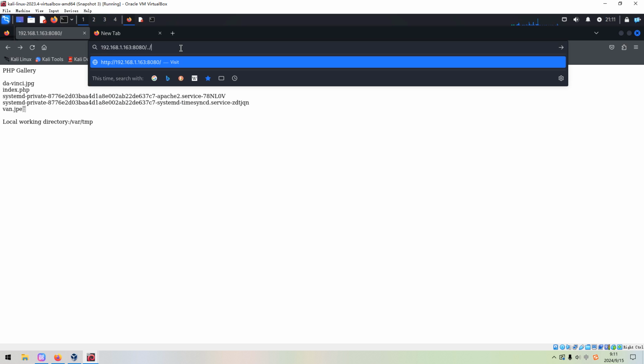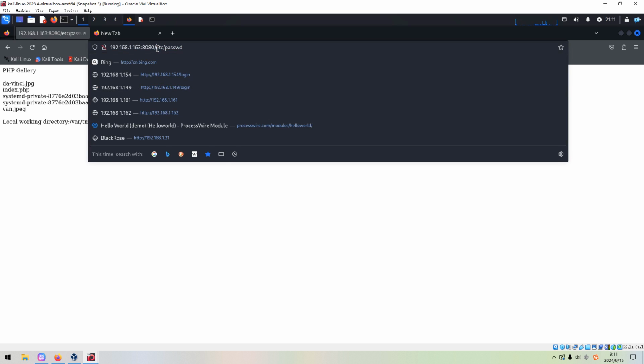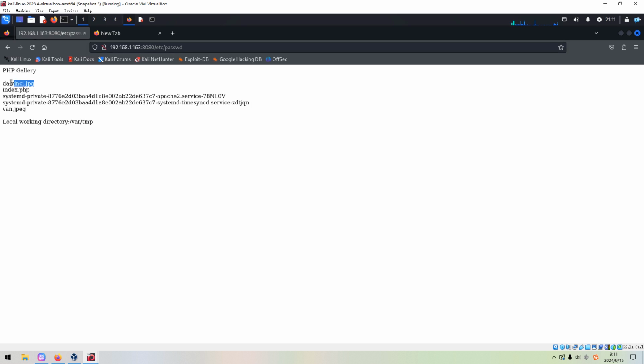Okay, so now we can try that. But the web application in the background is doing some processing, and will remove the upper layer directory. So this cannot work. Or in other words, directory traversal doesn't exist on the target. So how to proceed? Maybe next I'd like to download this picture.